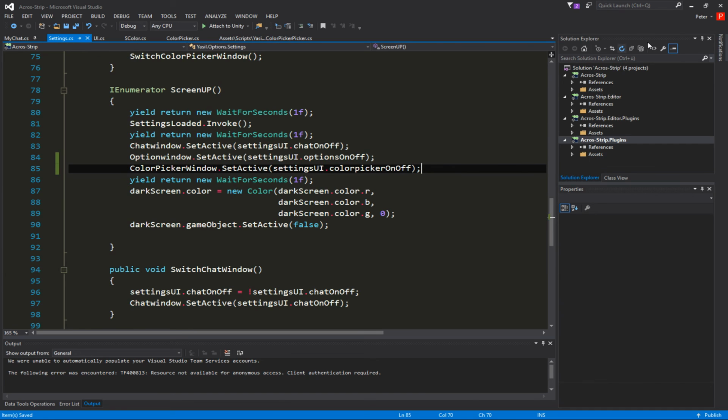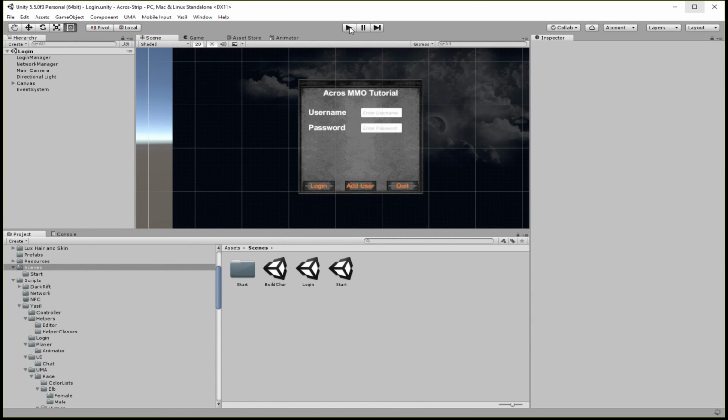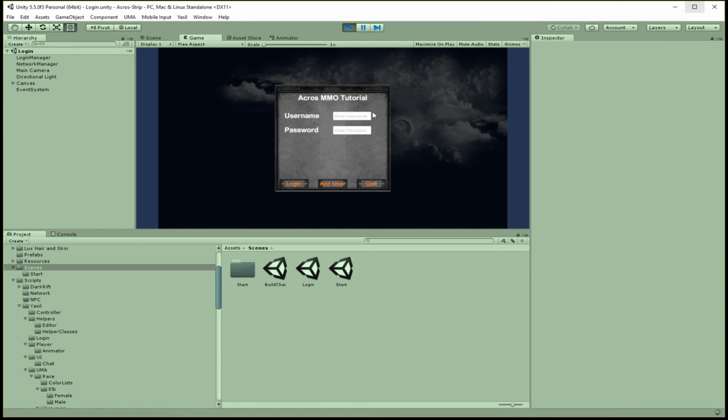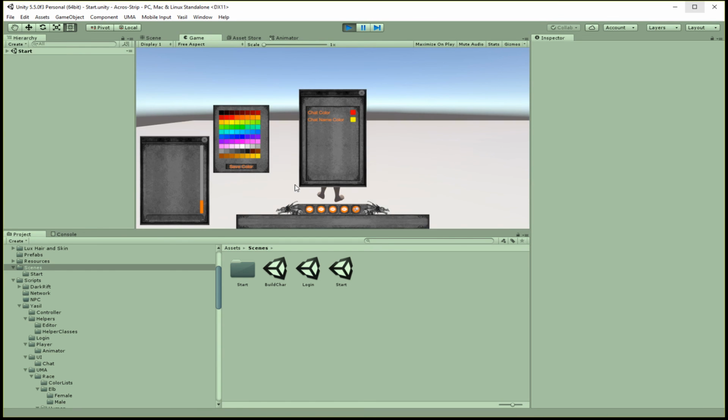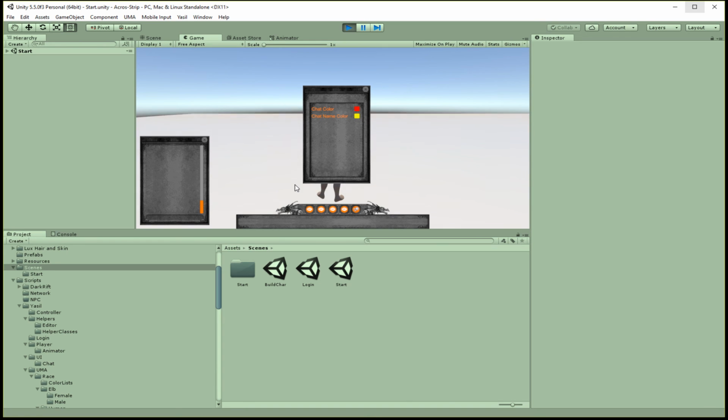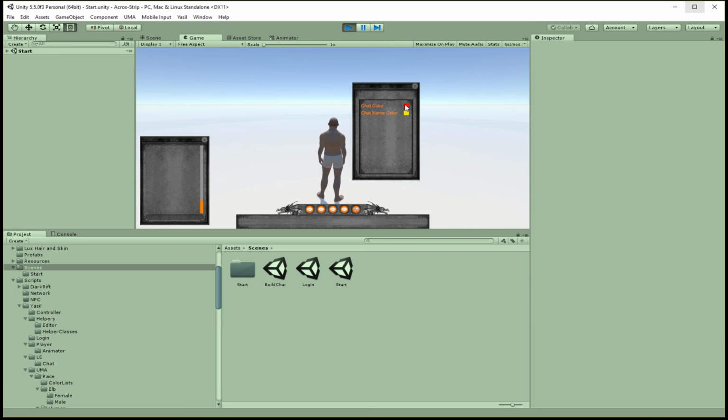We're going to save that and check that out again. So now you see it's gone here. And if we click on that,